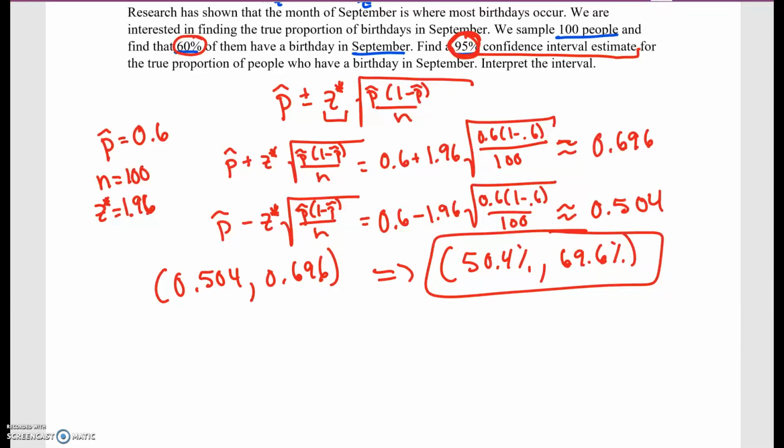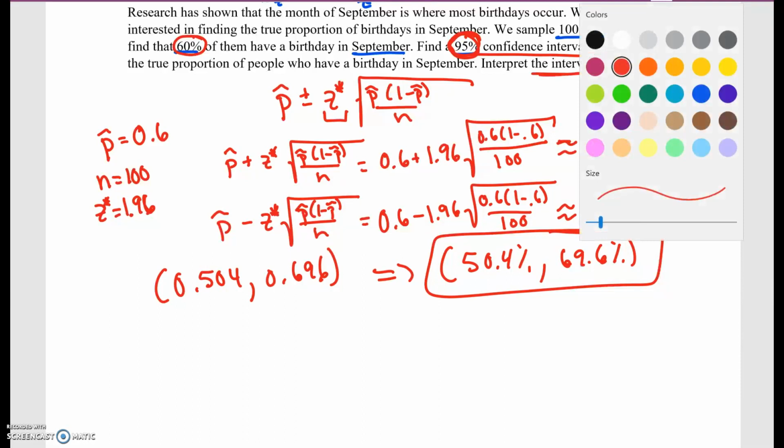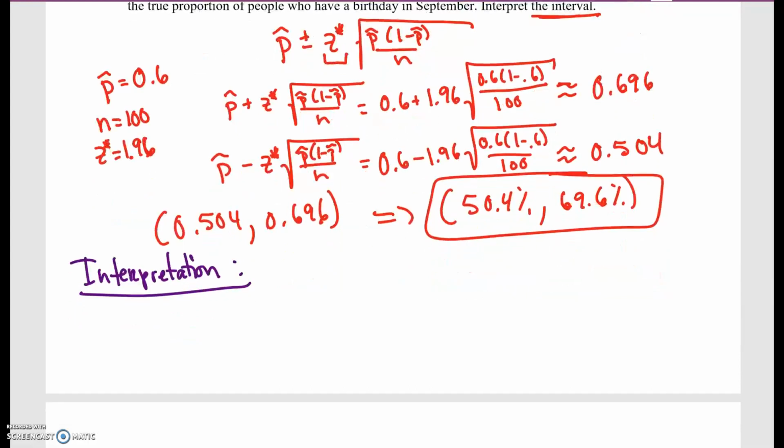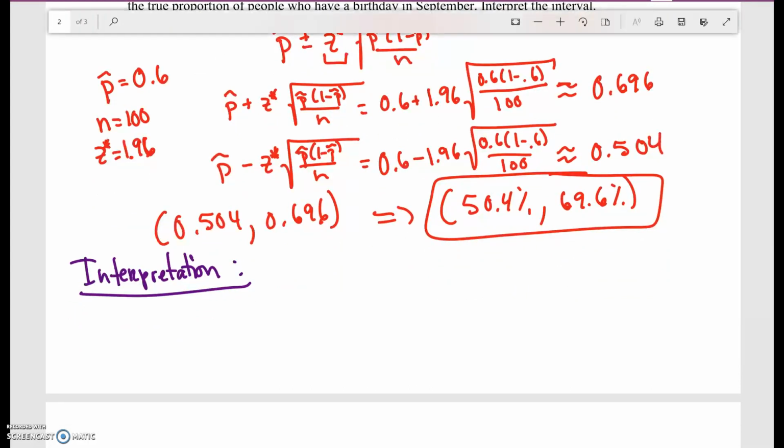Now, it says interpret this interval. So what does it mean to interpret? Let me tell you what the interpretation is. Every single time that we find a confidence interval, we want to be able to say what exactly this means. So this is really what you want to write. We will say we are 95% confident that the true